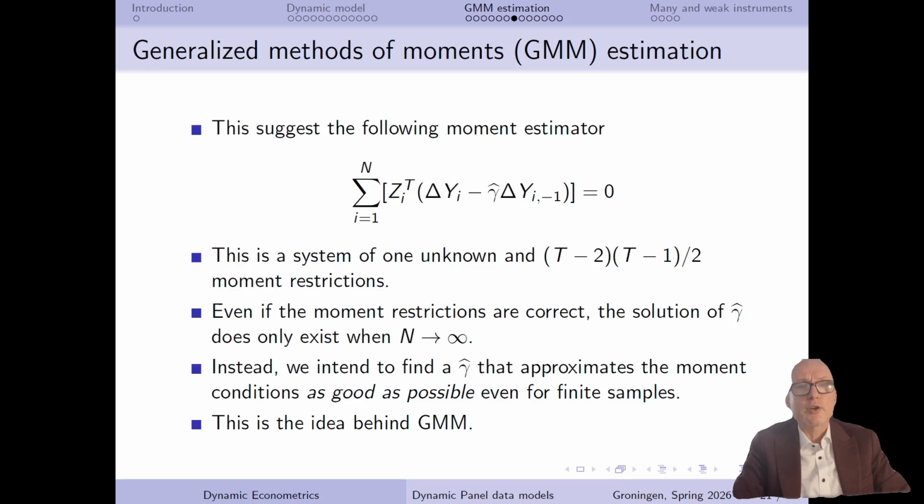However, even if they're going to be correct, we should take into account that generally we will not be able to find a gamma hat over here that will satisfy all these moment restrictions that we have over here. That is due to the randomness that we have with respect to the data. However, at the moment that n goes to infinity,